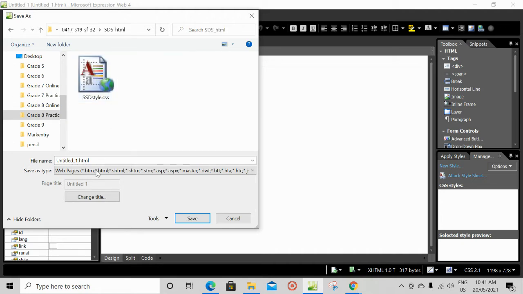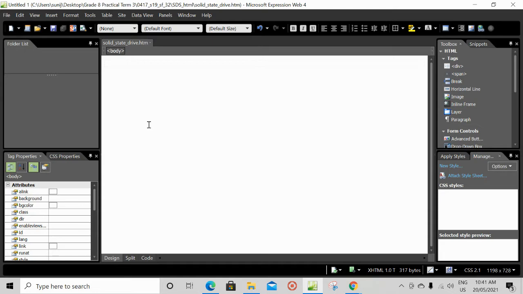So this is our folder. In this we will be saving it. Then click save. So once you have saved it successfully, you can see the file name here, solid state drive.htm. So this is our file.